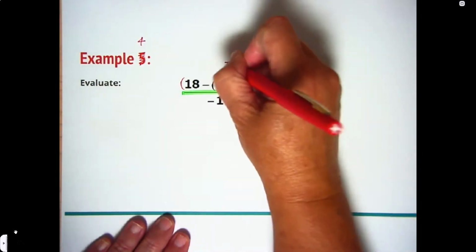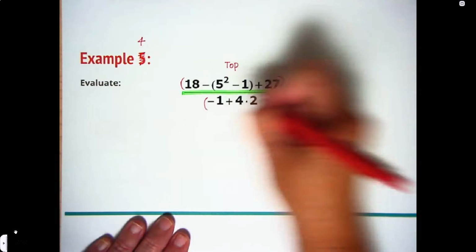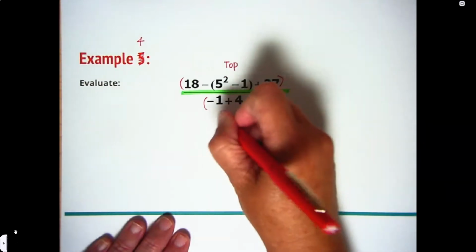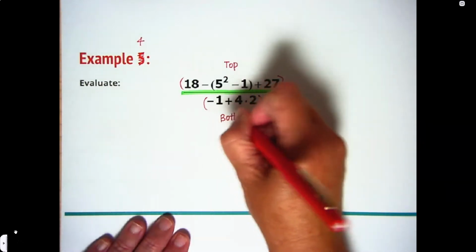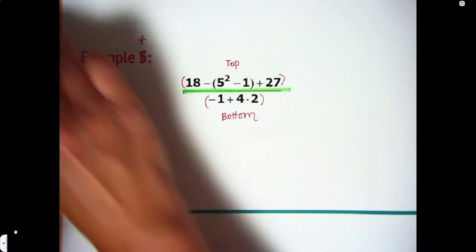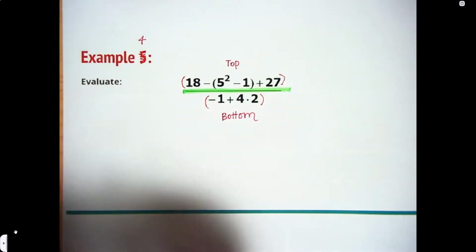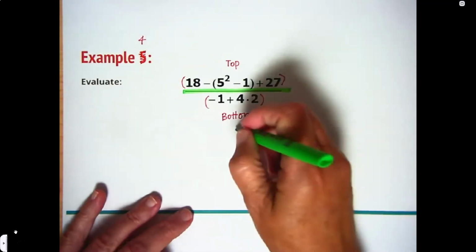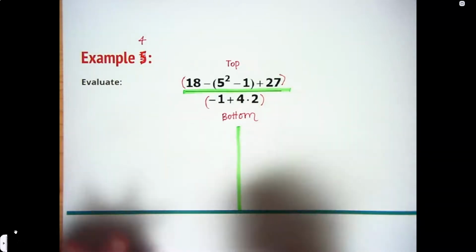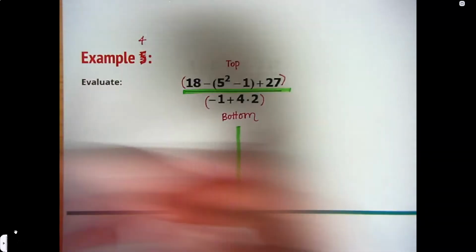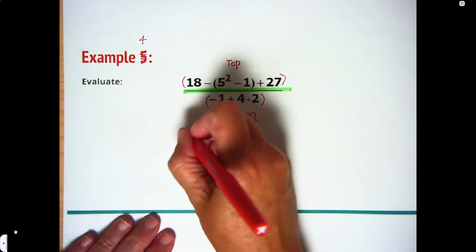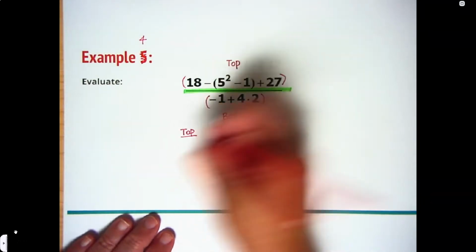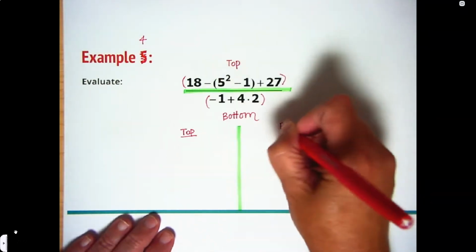Here is the top, and then the bottom. So what we're going to do when we see a problem like this is we're going to have to work on these two groups